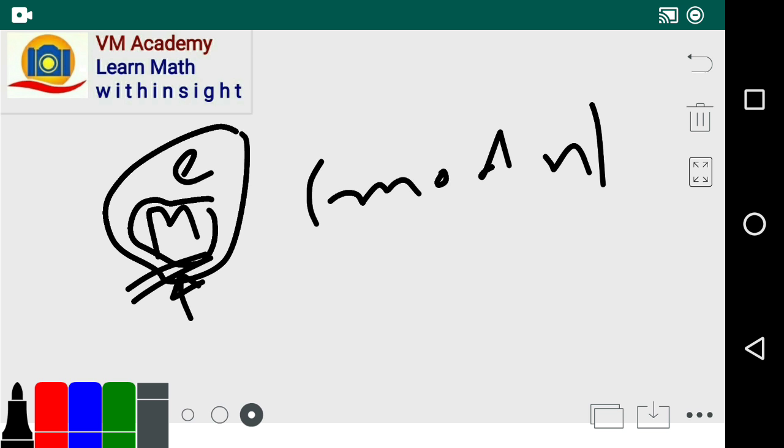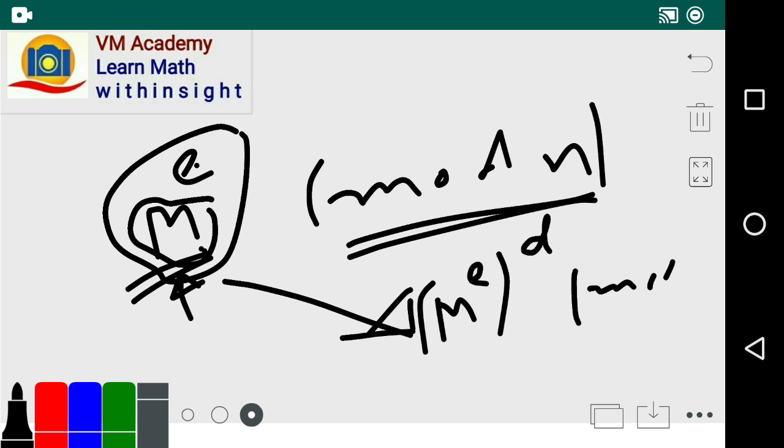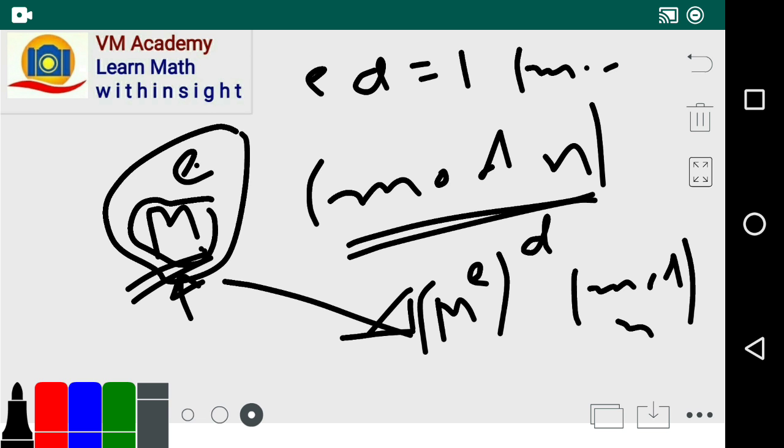The message is converted into an integer, and this integer is raised to the power e, mod n is taken, and then this is sent through the network. At the receiver end, the receiver will raise this cipher message to the power d and take mod n. Now since e and d are inverses of each other modulo phi of n,